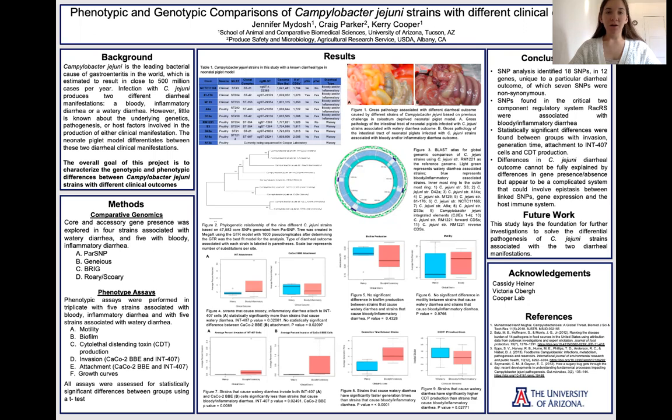Comparative genomics were done on 4 Campylobacter jejuni strains associated with watery diarrhea and 5 Campylobacter jejuni strains associated with bloody diarrhea. The core and accessory genes were assessed in each of these strains. Phenotypic assays were done on 10 strains of Campylobacter jejuni, 5 that cause bloody diarrhea, and 5 that cause watery diarrhea. These assays include motility, biofilm formation, CDT production, attachment to intestinal epithelial cells, invasion of intestinal epithelial cells, as